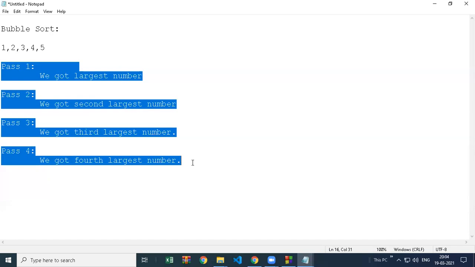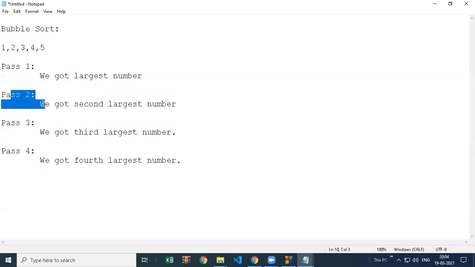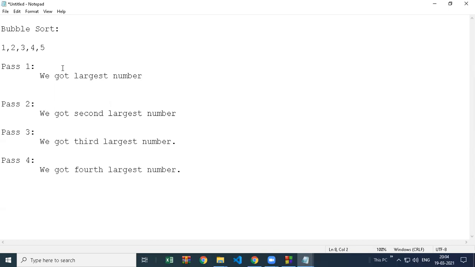It will make multiple passes, and in each pass you will get one new largest number, with decreasing comparisons. In the first pass, how many comparisons did you make? You made n minus 1 comparisons.